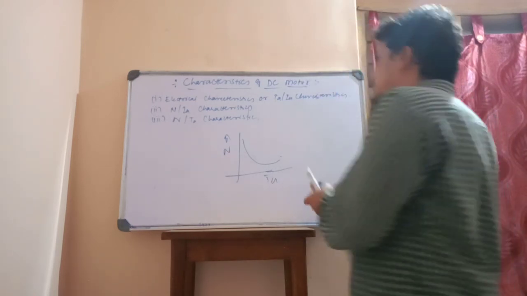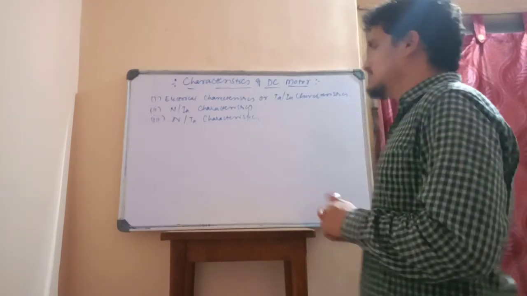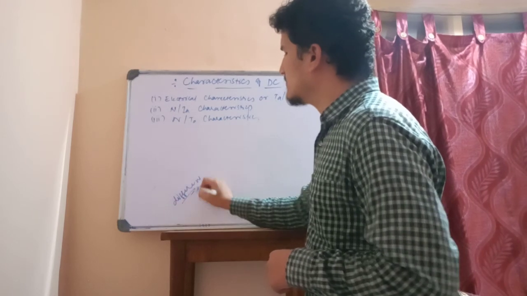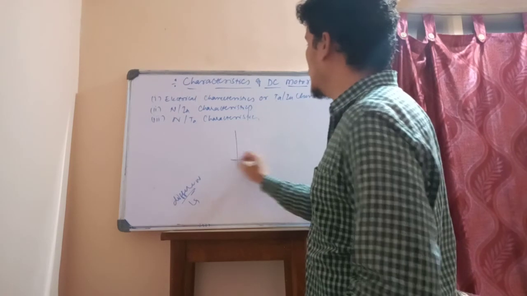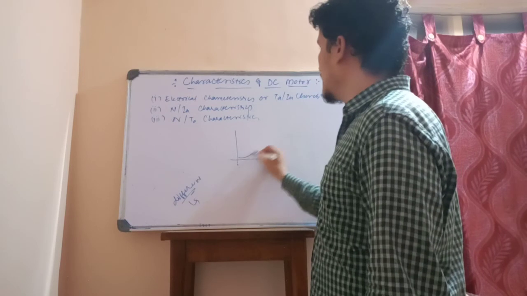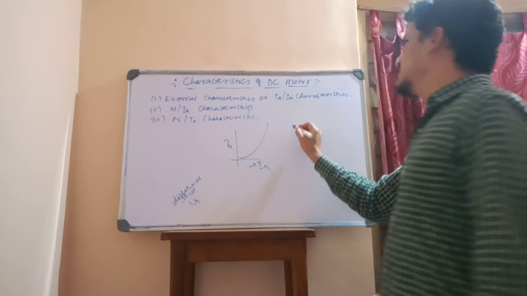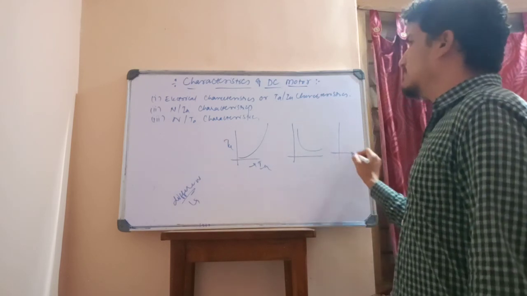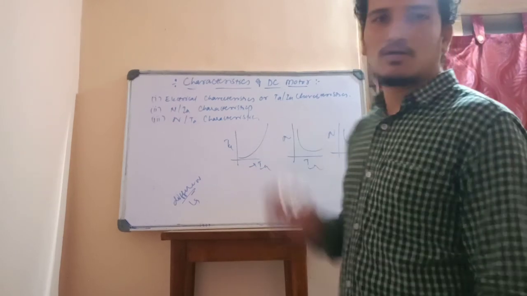If you take the compound motor, it also has similar types of characteristics. As we have already told, a differentially compounded motor will not have any applications, so it is ruled out. Only a cumulatively compounded motor will have characteristics almost near to those of a series motor. So it will have Ta versus Ia like this. And what about N versus Ia? N versus Ia is like this, and N versus Ta is also like this. This is all about the compound motor.